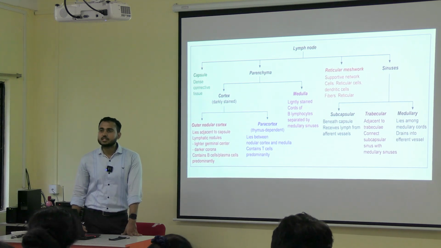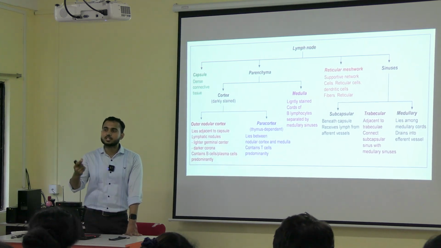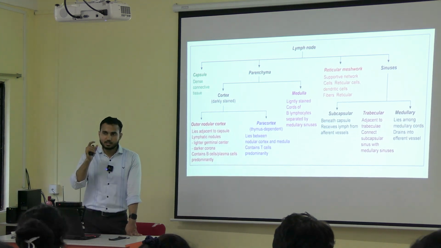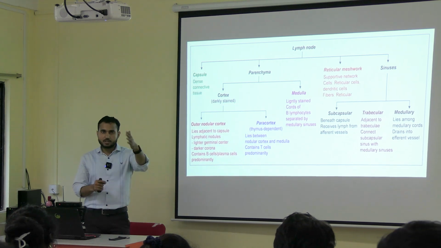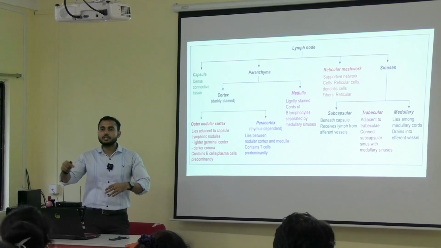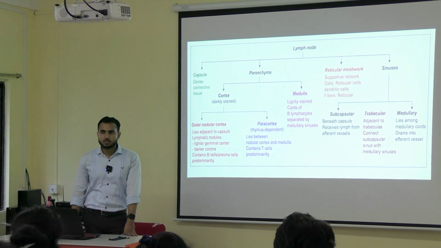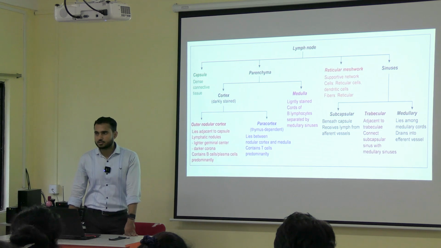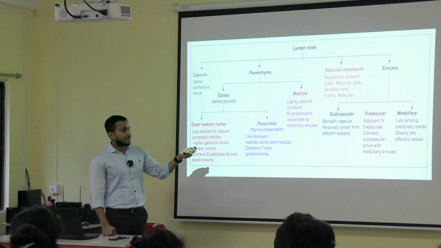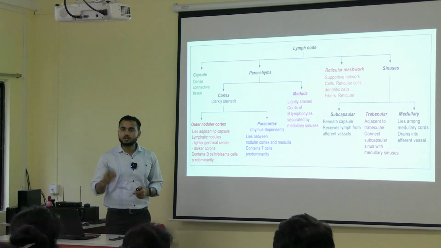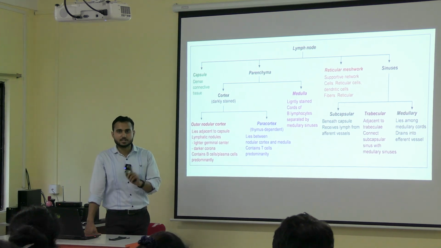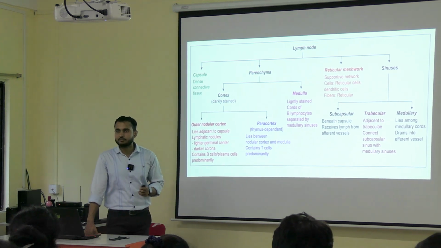This medullary sinus is also a unique feature of lymph node. When you see the slide of lymph node, as you go from the cortex towards the medulla, you will see so many empty spaces. Those are nothing but the medullary sinuses. Now reticular meshwork. As I have said, in any lymphoid organ, the meshwork is made up of reticular tissue, with reticular fibers and reticular cells, in any lymphoid organ or lymphoid structure.